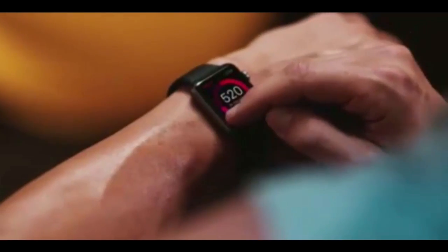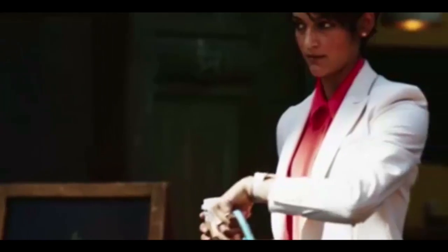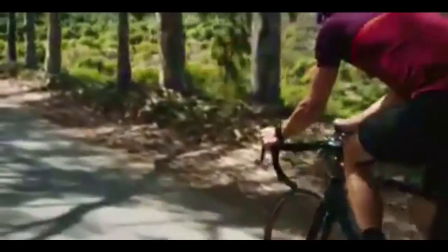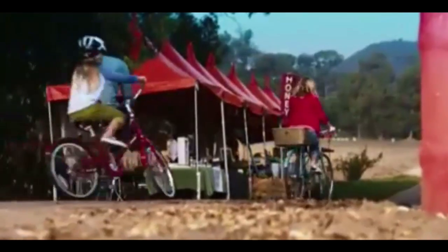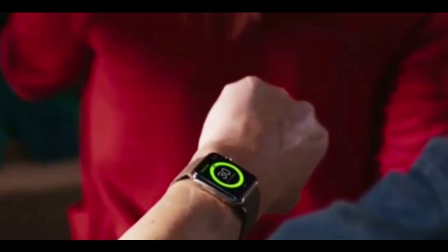The Move Ring measures the calories you've burned. That gives you the best overview of how active you are. The Move Ring is customized to you, and you close it when you hit your personal calorie goal for the day. The Exercise Ring captures the brisk activity that you've done. This doesn't necessarily mean hardcore exercise. It means any activity done at the level of a brisk walk or above. You close the ring when you hit the globally recommended 30 minutes of exercise per day. And it doesn't even need to...